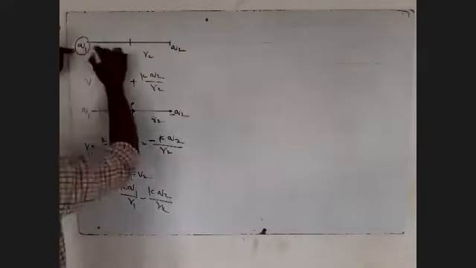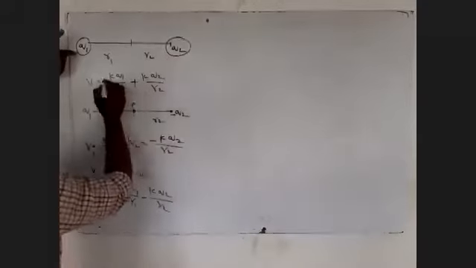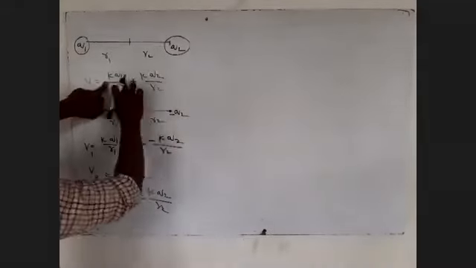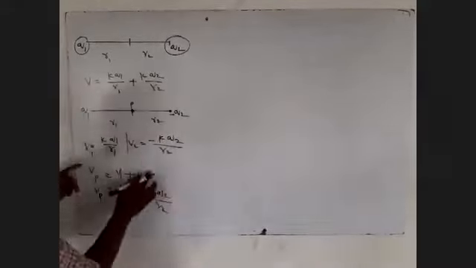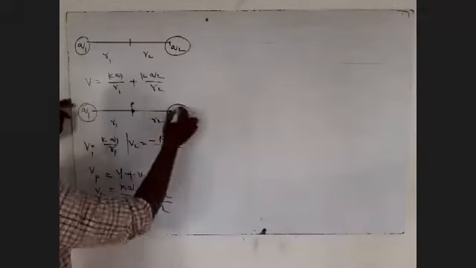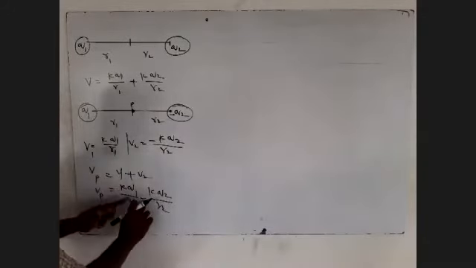So you see clearly that Q1 is a positive charge and Q2 is a positive charge. Here, positive Q1, here positive Q2. But here, this one is a positive charge and this one is a negative charge. So this is the electric potential at point P. So you are calculating it.